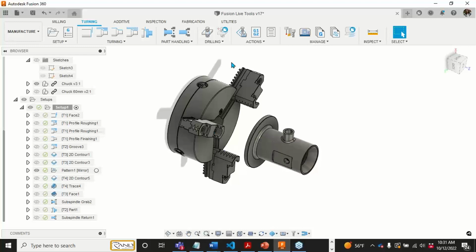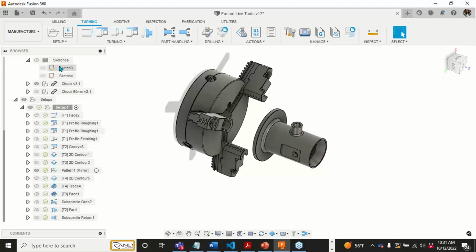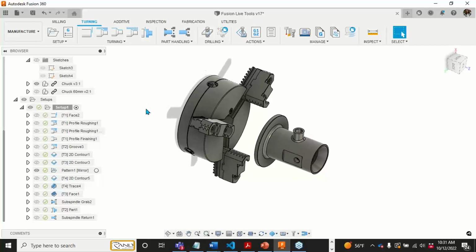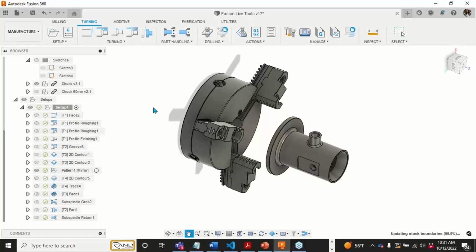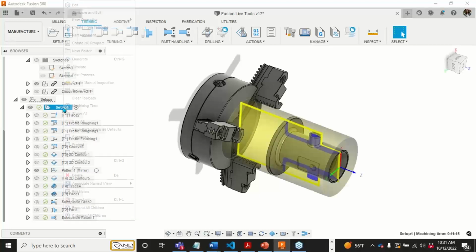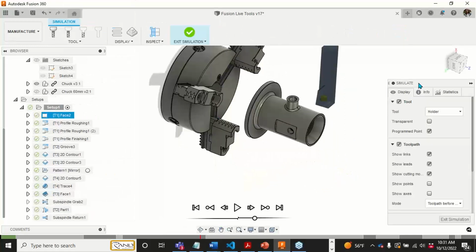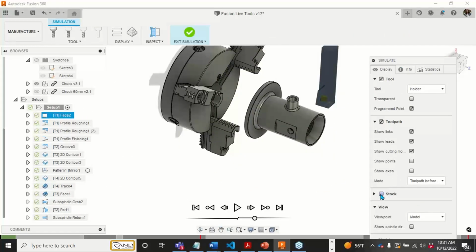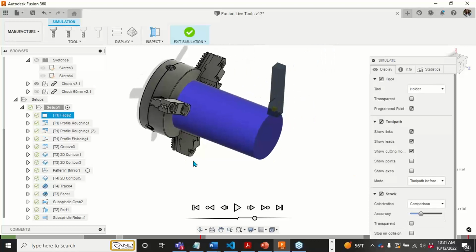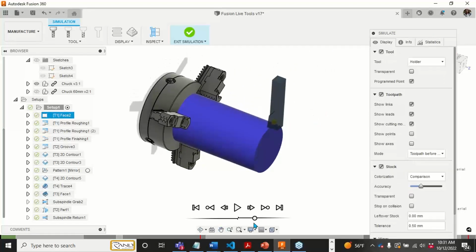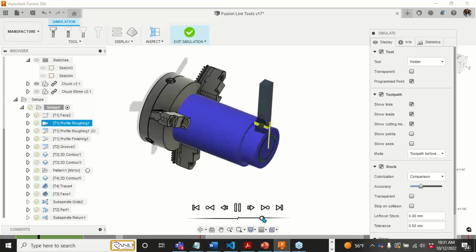And then what we can also do now, unfortunately, Fusion right now doesn't have the ability to do machine simulation with turning. Hopefully, they'll have that in the future. But then we can go ahead and do a simulate. I'll show my stock. We can just see how this runs, just to give you an idea about the kind of toolpaths we can accomplish, again, just right out of the box,